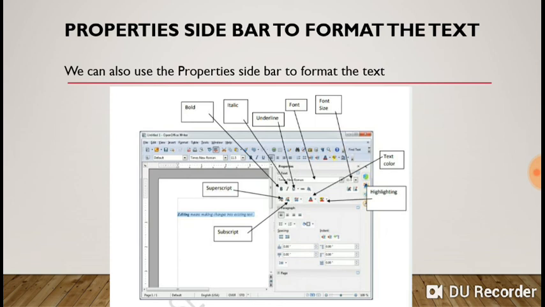The required option we can select from the properties sidebar also. Same options as we have discussed from the format menu and then from the formatting toolbar are on the properties sidebar also, and we can use these options according to our need.